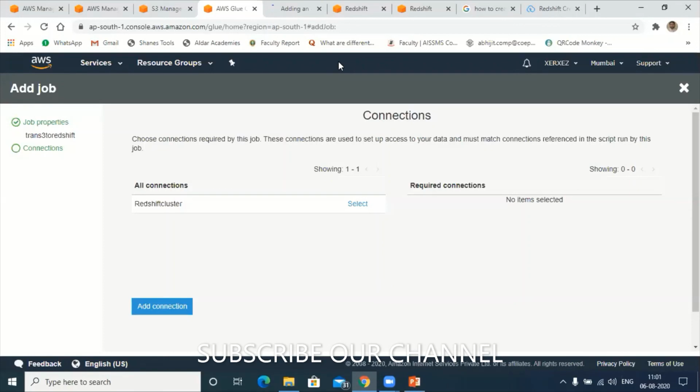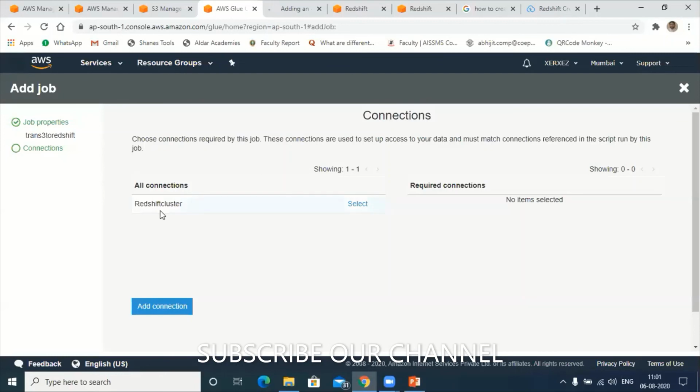Hope you are understanding. That's the reason I was not able to connect it. Now, after giving full access for Glue to get the data from S3 and transfer it to Redshift, or get the data from Redshift and transfer it to S3, vice versa, now I'm able to connect it.